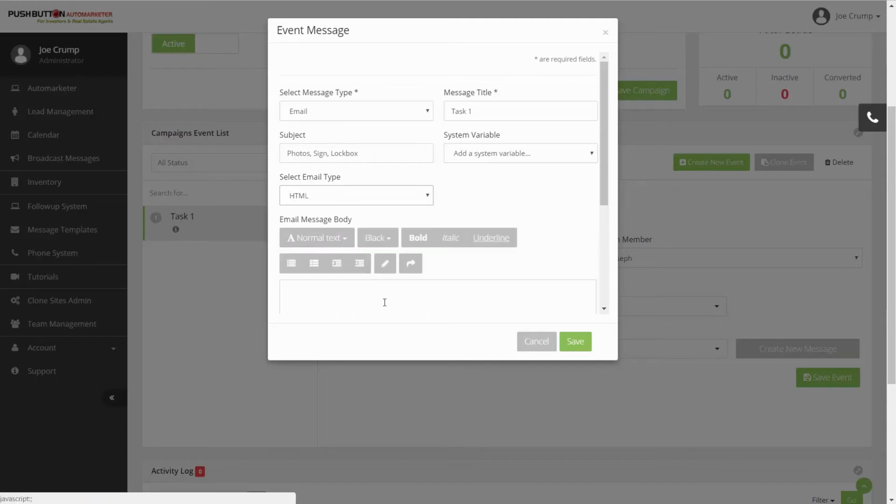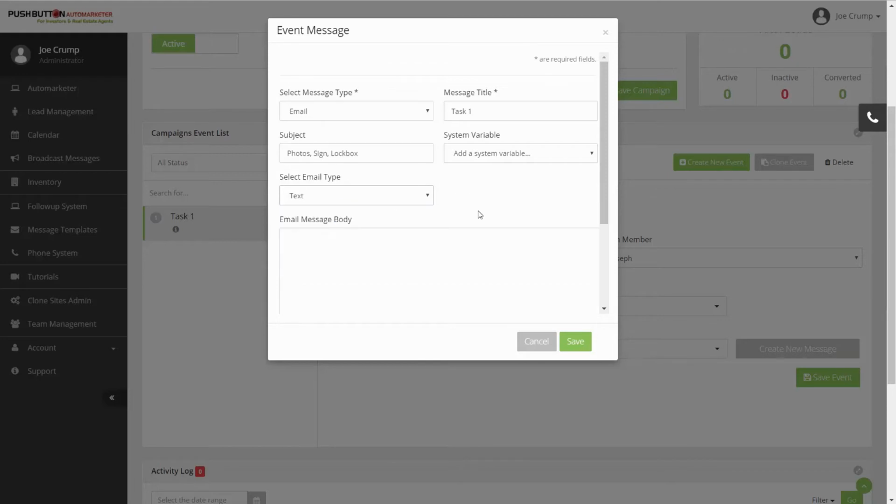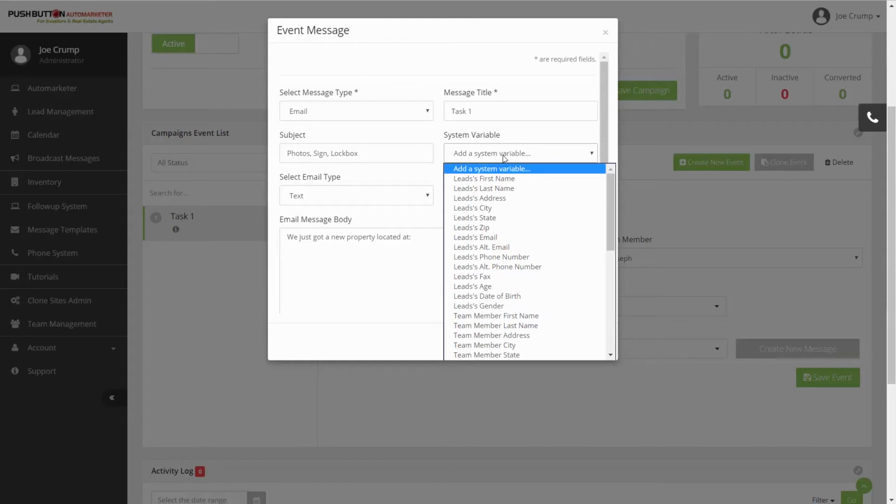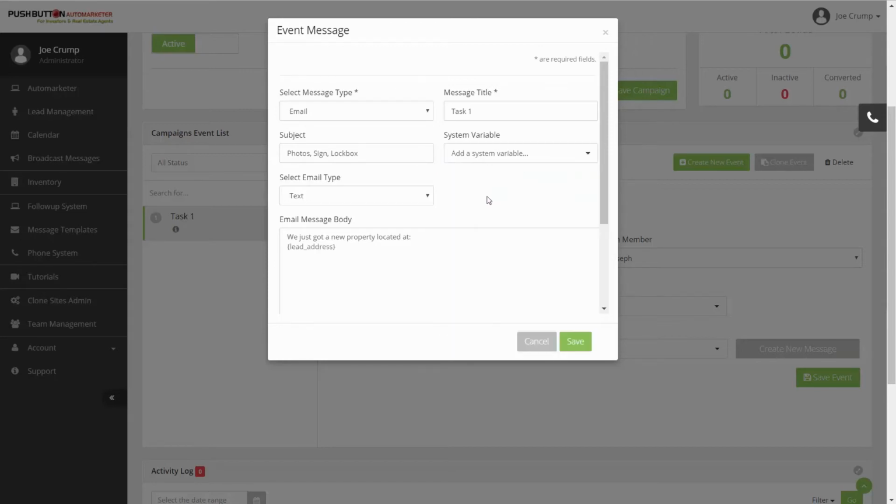If I choose HTML, it means I can put pictures in here, and I can use HTML and format it differently. But I don't really need to, because this is just a simple text that I'm going to send to one of my people. So let me type that in real quick. I'm going to type in, we just got a new property located at, and then I'm going to pick the system variable. I'm going to put in the lead's address, the lead city,